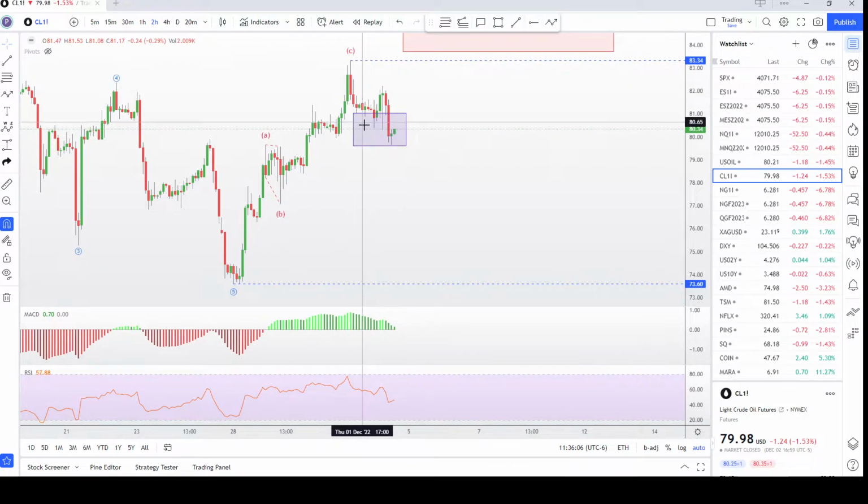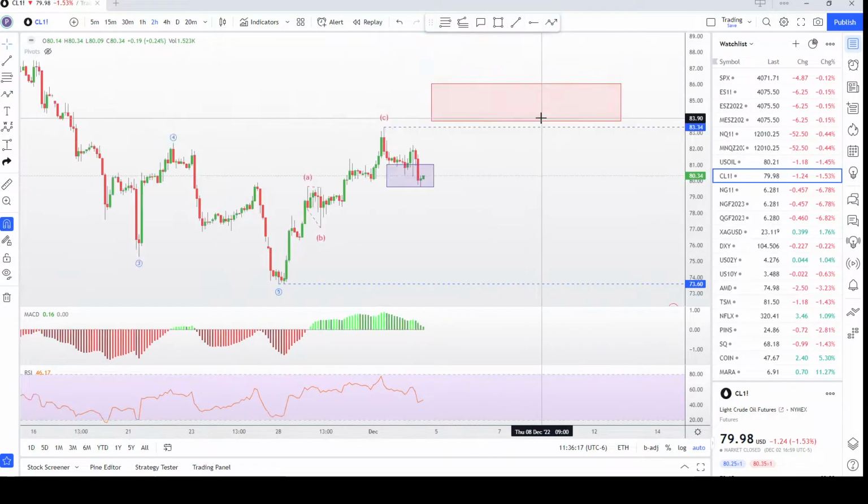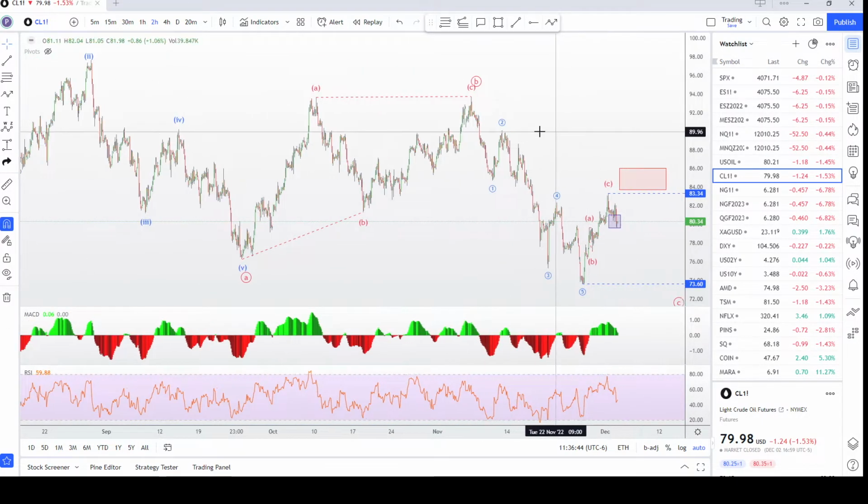of possibly this is 3 waves for the B, and so we got 1, 2, 3 waves, and then I would expect going up into this red zone here, which is 83.69 to like the low 86s. Somewhere in here, I would expect a response for more downside then. Which means then this is just these 5 waves. That's just 1. This will be 2, and then we'll go down for 3, 4, and 5 to complete the C wave. That's what I'm expecting.